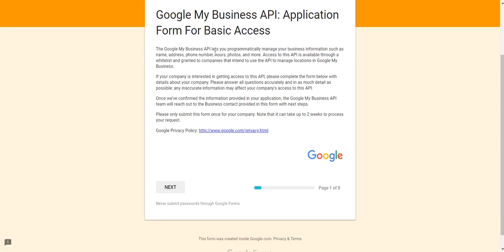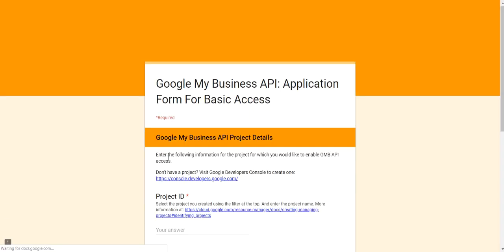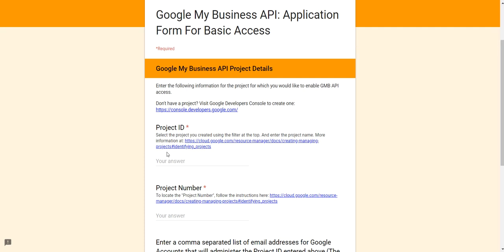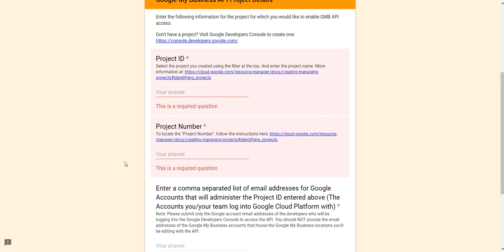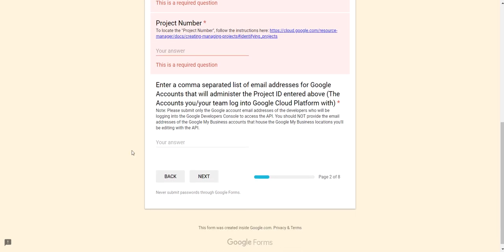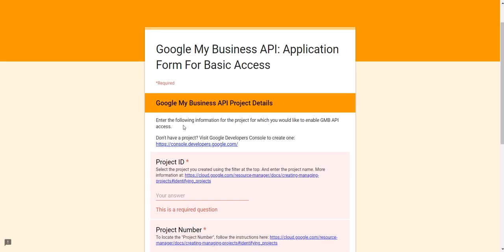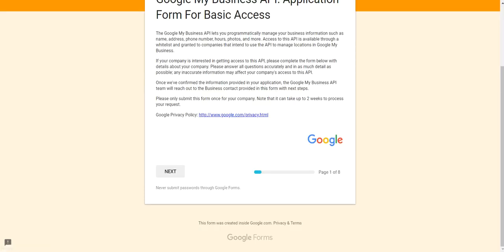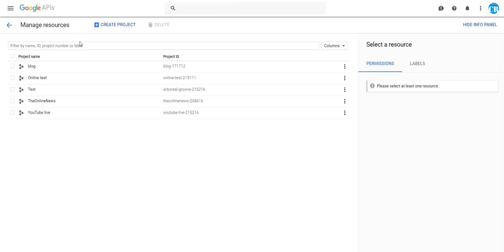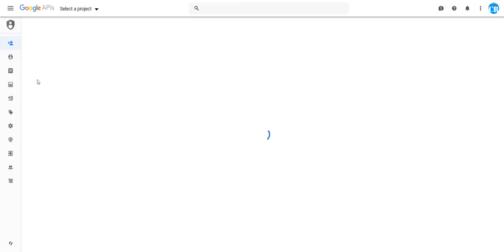Here you will see a request form that you have to fill in before getting access to the My Business API. Project ID, project number, and so on. You have to fill in these forms and afterwards, after 1 or 2 business days, you will be granted access to the Google My Business API. After getting access to this API, if you select the project which got access